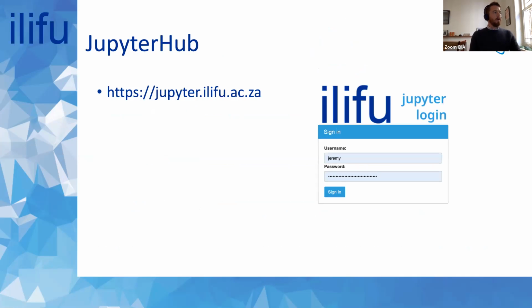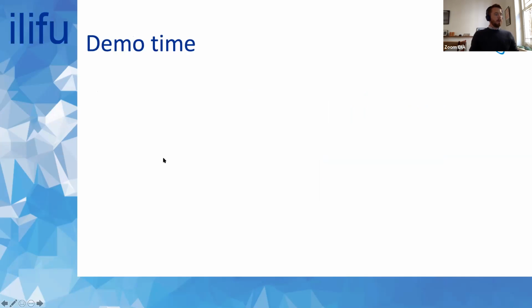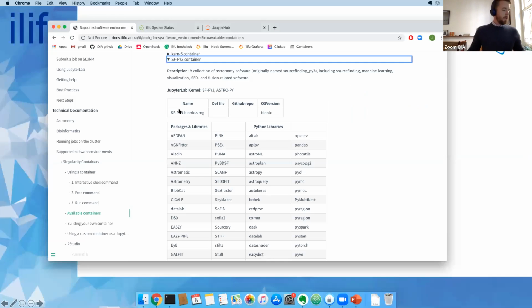Finally, I just want to point out the service. We'll do this in a demo, but this is just a reminder, this is the web address, so access through a web browser for the Jupyter web platform, and provides Jupyter notebooks. This is useful for a development space if you're preparing code, or you want to test out a pipeline prior to submitting jobs. And I'll do an actual demo of this service specifically. So I just first actually wanted to